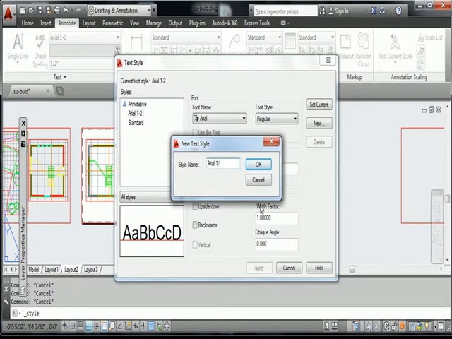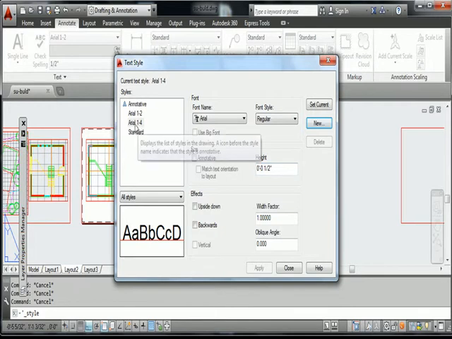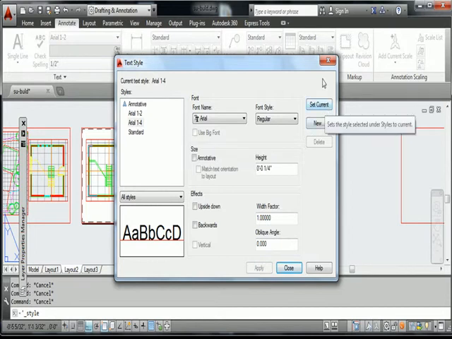1/4. Oops, I'm not supposed to use that symbol, so -4. Okay. And this one I will change to a 1/4 inch text height. And apply. I could either set this as my current here, or after I close it,